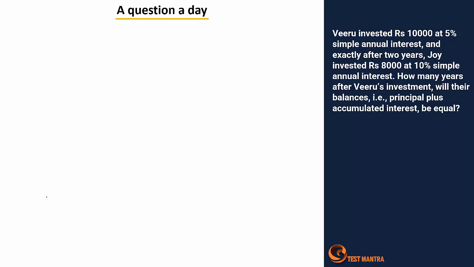So here I'll take another approach that would be more related to time, speed and distance. Assuming that this person Viru invested rupees 10,000, instead of this, let's assume that he has already traveled 10,000 kilometers. For the time being, let's consider he is there in 10,000 here. Let's say this point is 10,000,